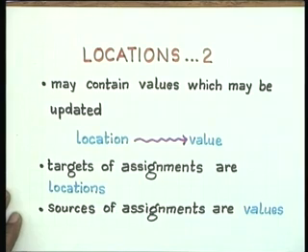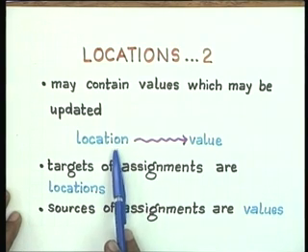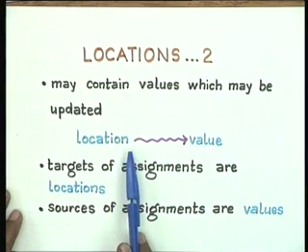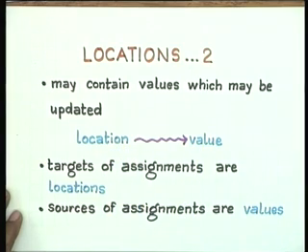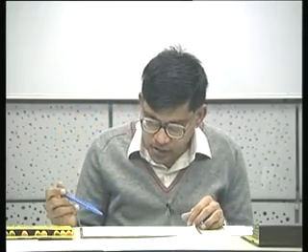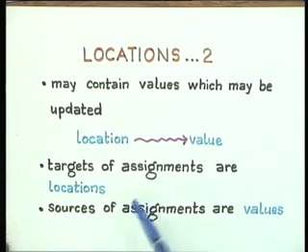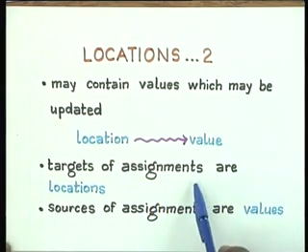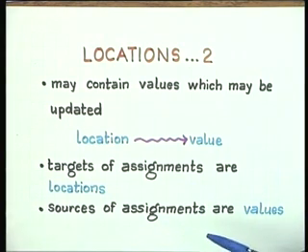And of course we'll define locations as containing values. So there is also a location value association, which is not really a binding. The word binding is normally used for declarations and so on. Another thing is that we will look upon the targets of assignments only as locations, and the sources of assignments as the values contained in locations, right. So you can think of a location as containing a value which can be changed